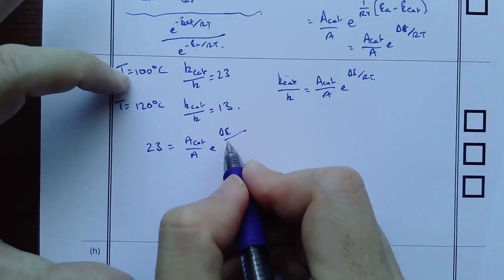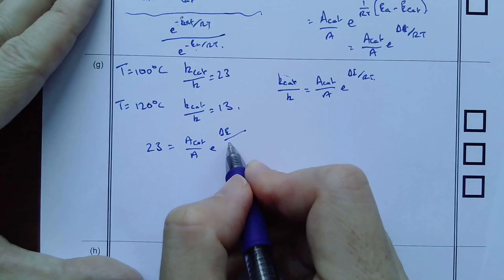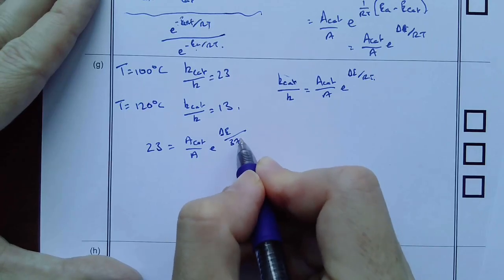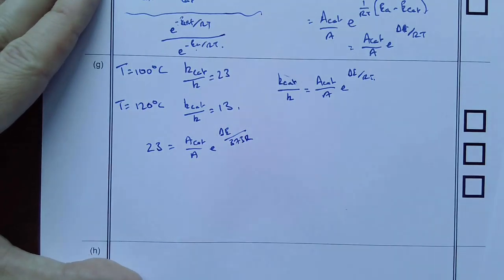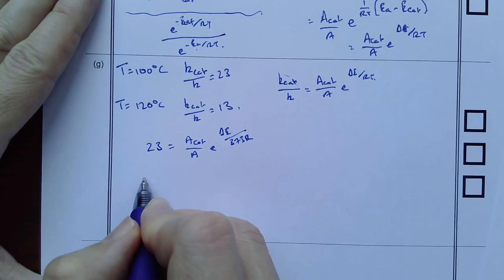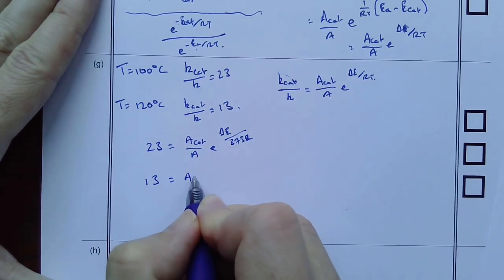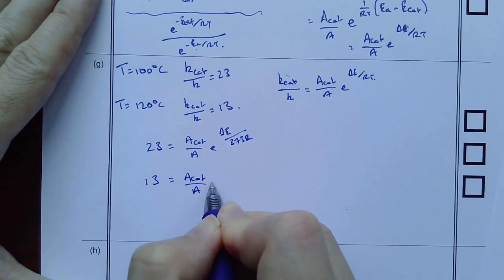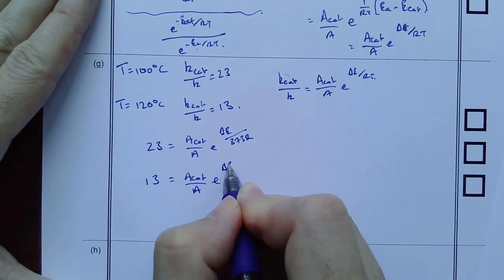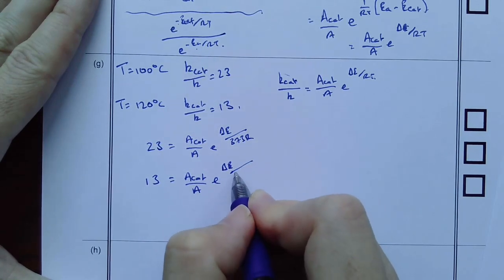So 273 is going to become 373R. And then my second equation is 13 equals A cat over A e to the delta E over